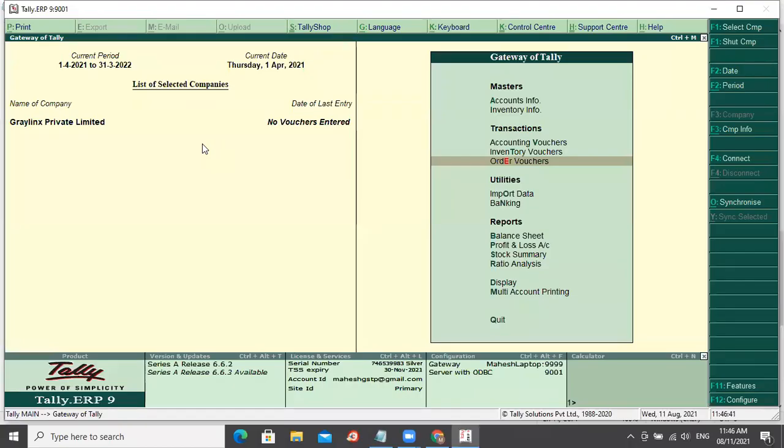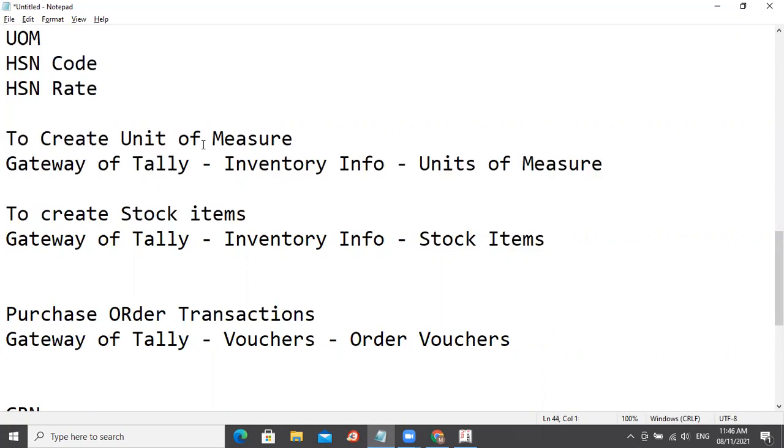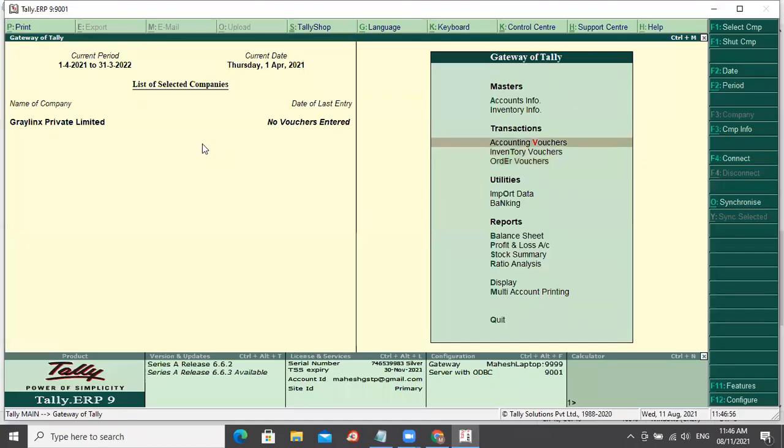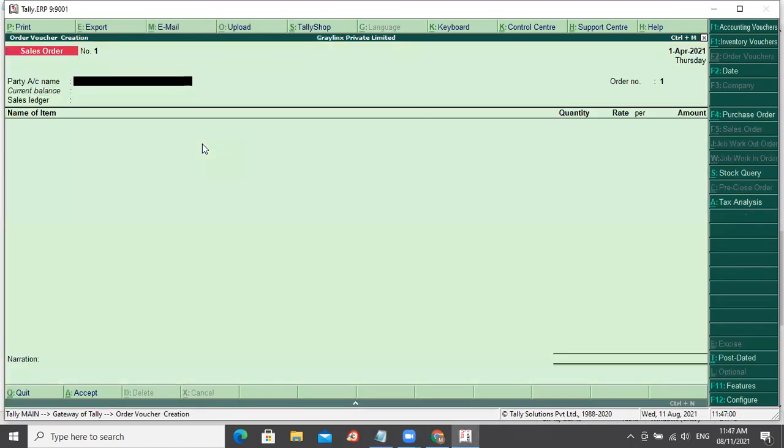Okay, sorry, this is not vouchers, this is transactions. Under transaction, you have order vouchers. Click on order voucher. So it is showing sale order. On the right hand side, you get Alt F4 as purchase order. This is the purchase order what you're seeing.